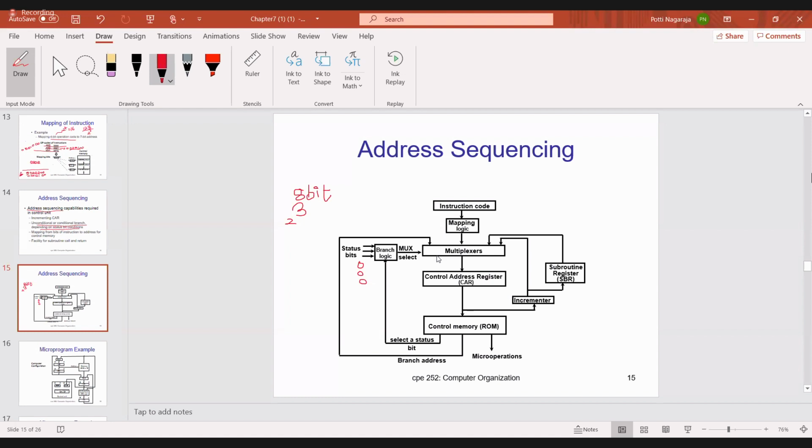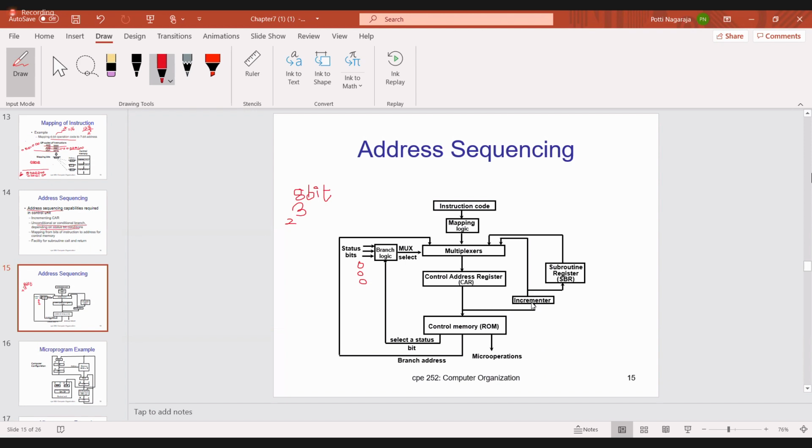Now see the multiplexer and its 4 inputs. One is the output from the mapping logic, which converts the 4-bit opcode into a 7-bit address for the control memory. The second is the output of the control memory, which is the branch address. The third is the incrementer output, used when I want to increment the CAR register by 1.